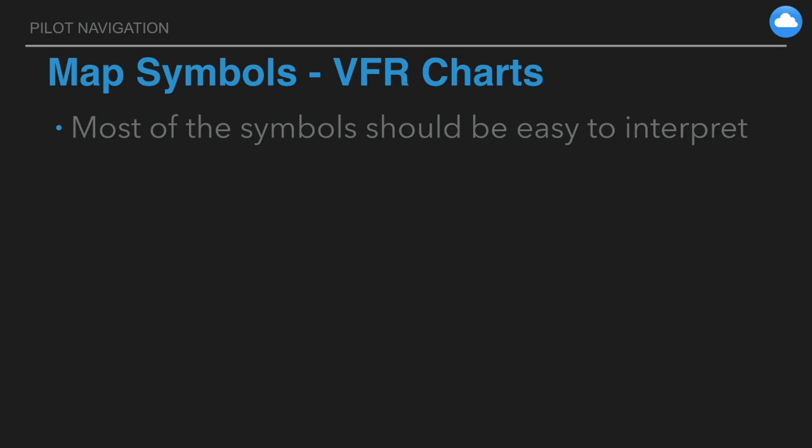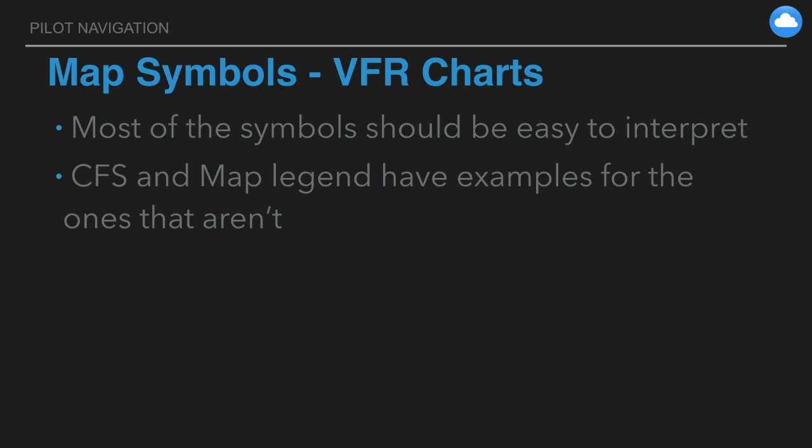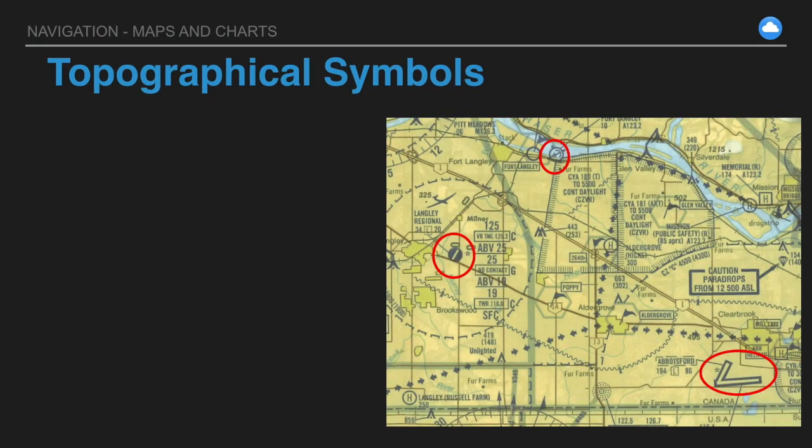Most of them are fairly easy to interpret, like those large blue blobs or lakes. You know, if you're flying across the ocean, you have like 10 blue maps before you get to Europe. The map legend has a lot of the map symbols on there. We'll look at a few of those. The Canada Flight Supplement actually has a section on the map symbols, so they're there. You need to know more about them than you probably think. That's kind of my point here. When we look at the map symbols,